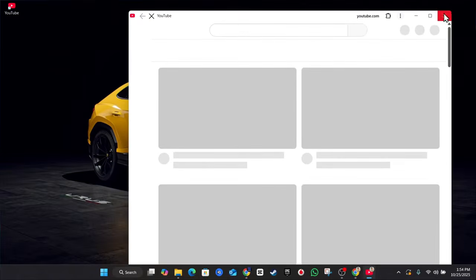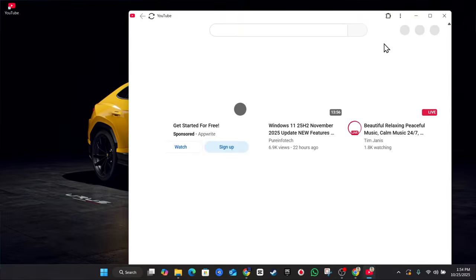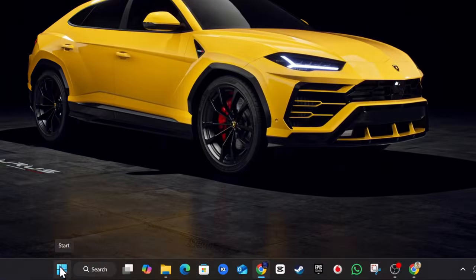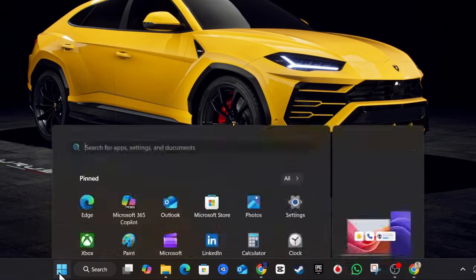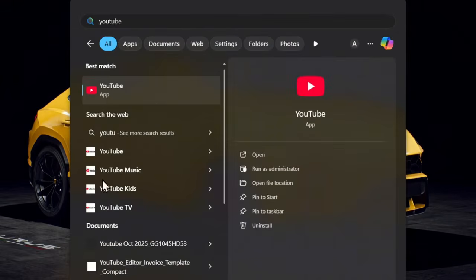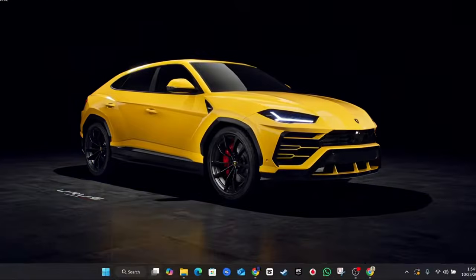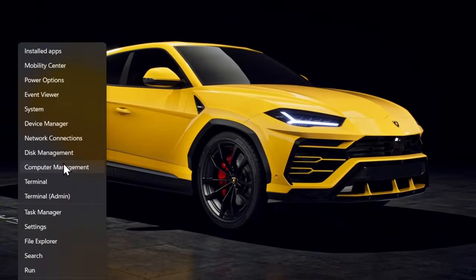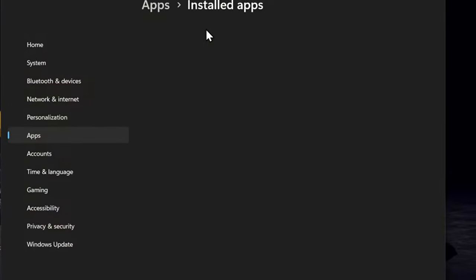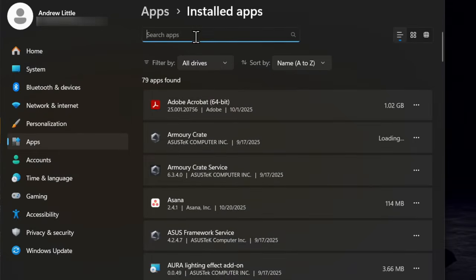And just to give you a little bit more proof that this is an app on your computer, in Windows 11, you can click here and click start and type in YouTube, and you will see the YouTube app appear here. Alternatively, you can also right click or go to your add and remove programs. In this case, I'm going to say installed apps, and you will see right here that if I start to type in YouTube,